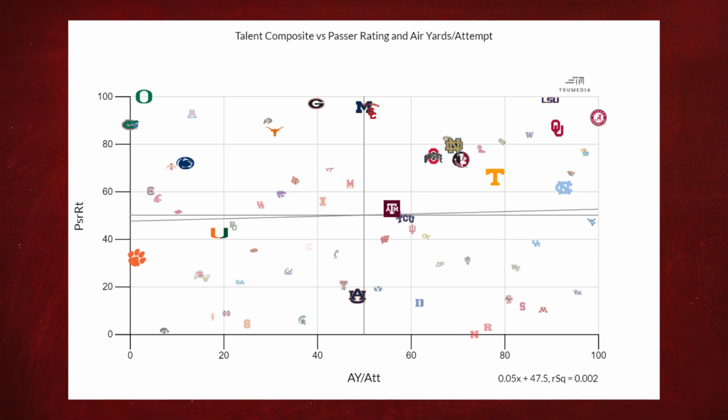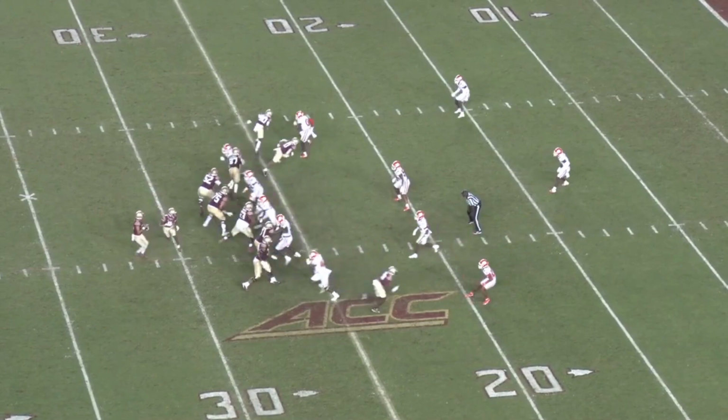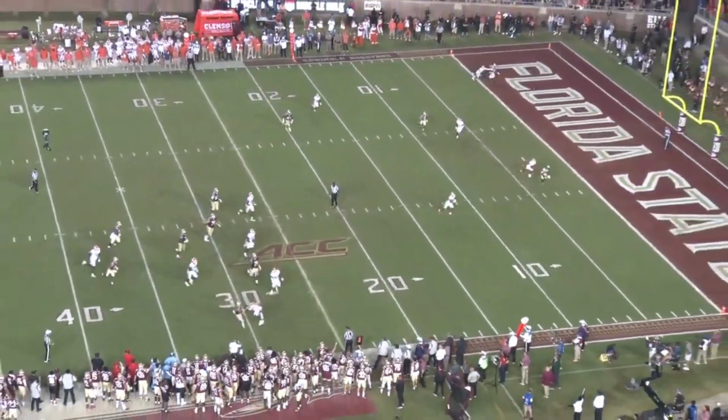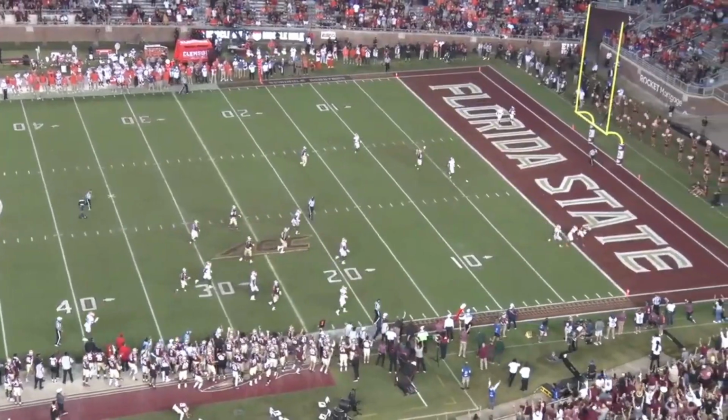Okay, now to finish on an FSU note. Norvell is a vertical guy, and as football stands in 2023, I would argue that pushing the ball downfield helps his quarterbacks in terms of passer rating. That's not to discount what his quarterbacks have done, but it is to say that Mike will do what he can to put whoever is behind center in the best position possible to put up some serious numbers.